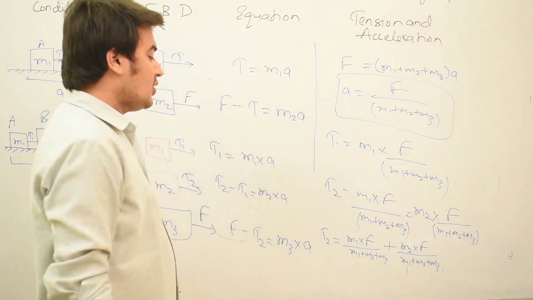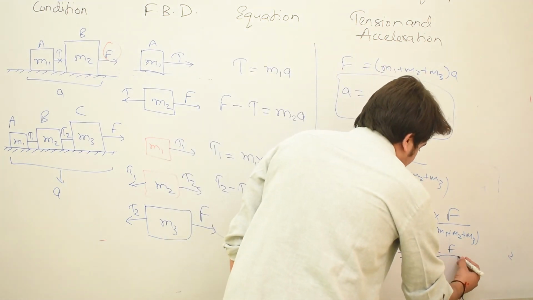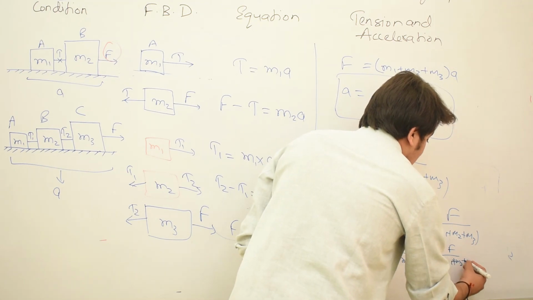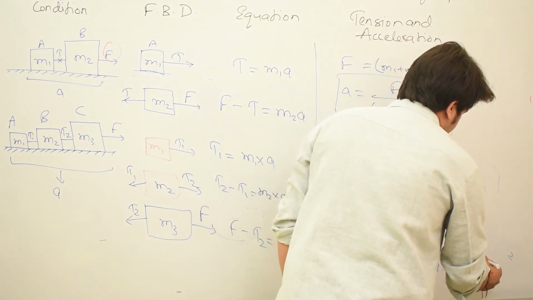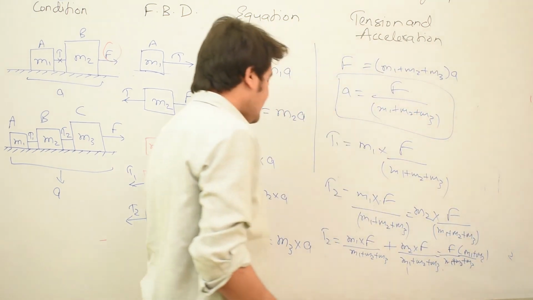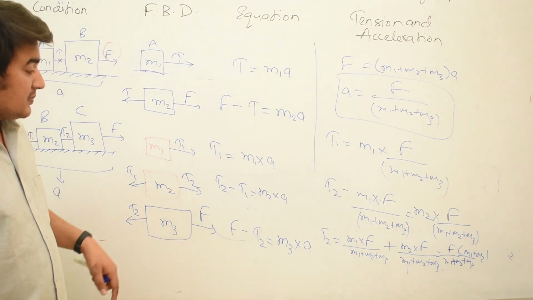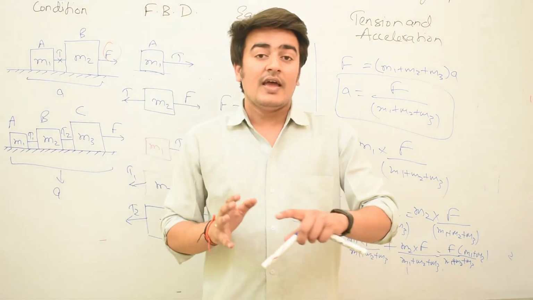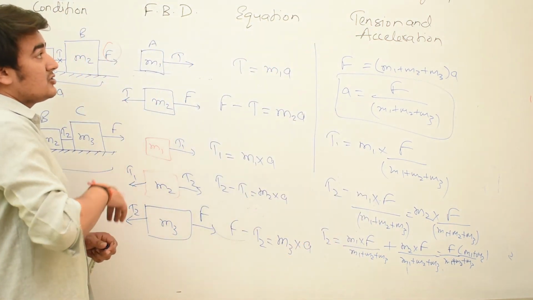So what we can take common here is F divided by m1 plus m2 plus m3, and the remaining value will be m1 plus m2. This is how we can simply calculate the value in this case also. This is how we can calculate tension and acceleration in a case of blocks connected